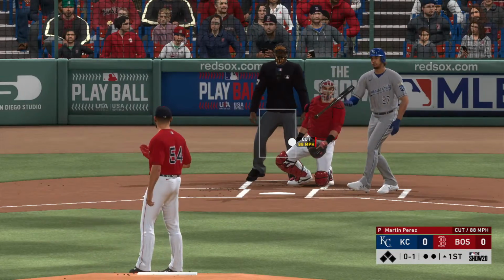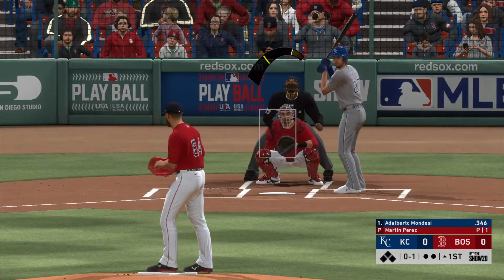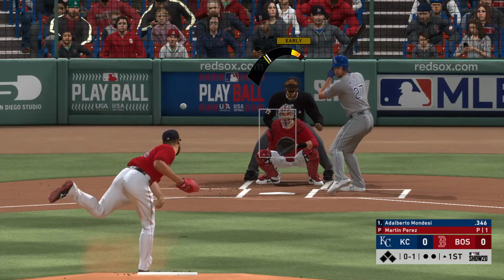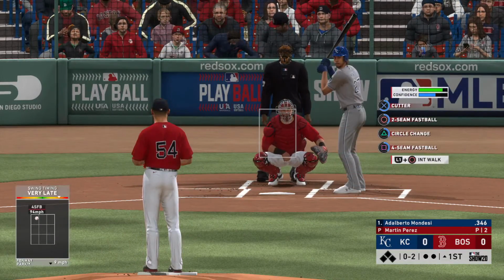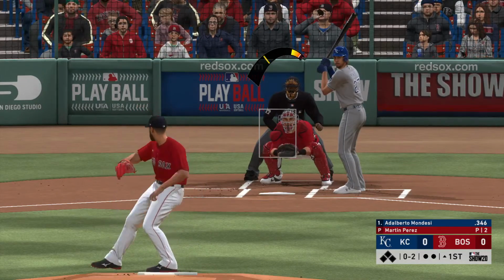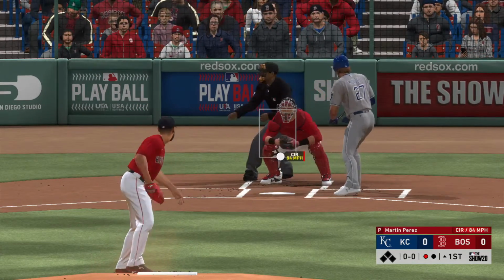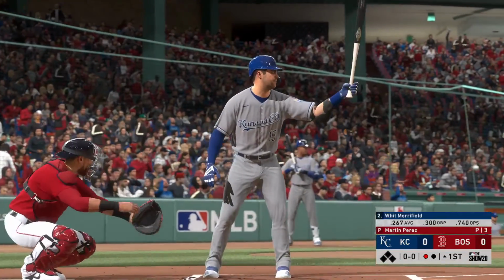Fouled away. Mondesi. First hit, 7 o'clock. The windup and the 0-1. Another one fouled off, and he's quickly behind 0-2. Nothing in 2 count, and the pitch. Oh, and the changeup is taken for a called third strike, and the leadoff man is gone to begin the